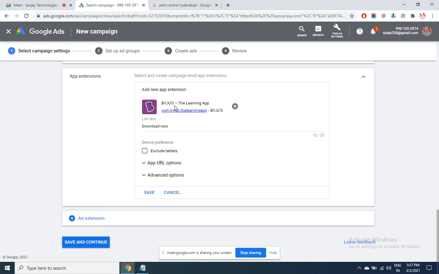And the biggest advantage with the app is real-time notifications without paying anything. You send SMS and all that, you send email, either they get junked, they may get blocked, and the user will not have the patience to see. But these notifications are like push notifications which come on the user's screen.